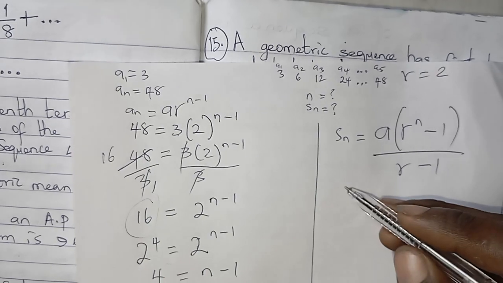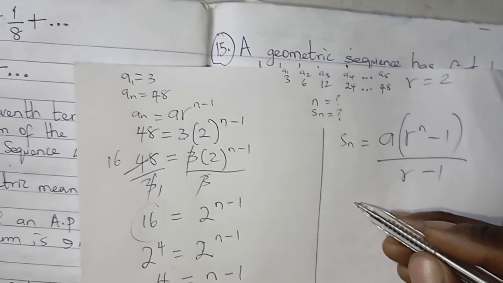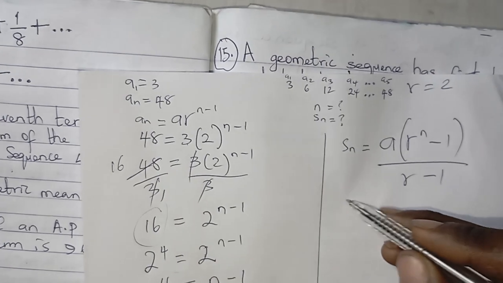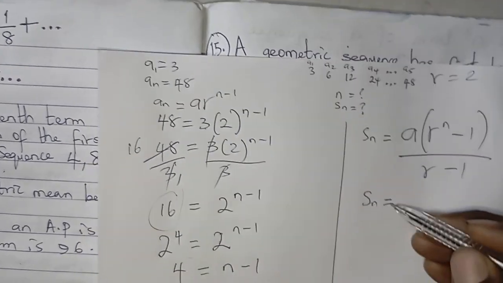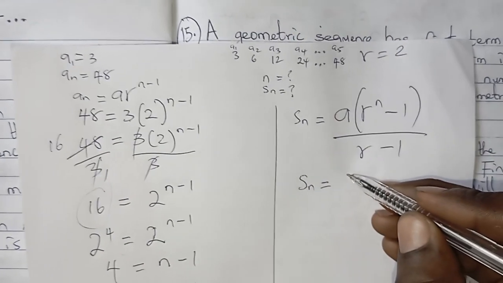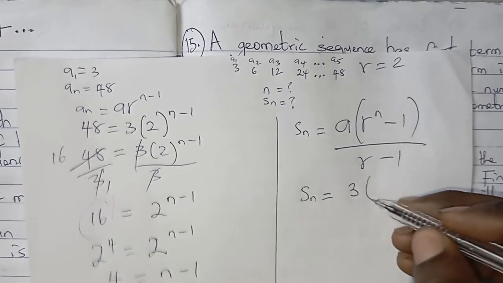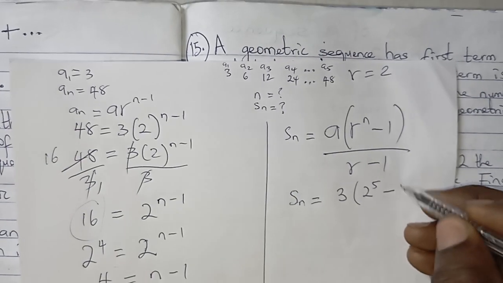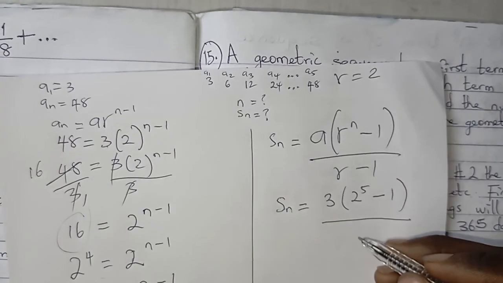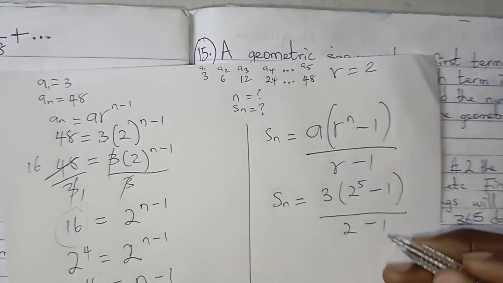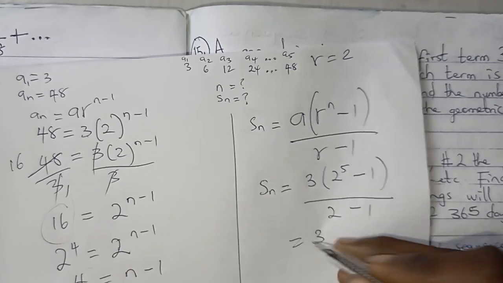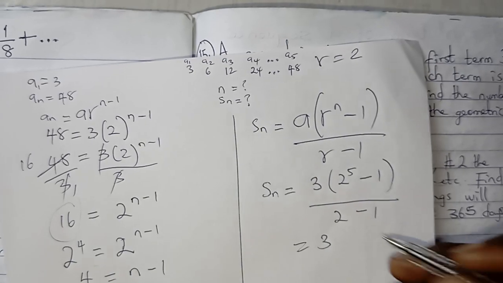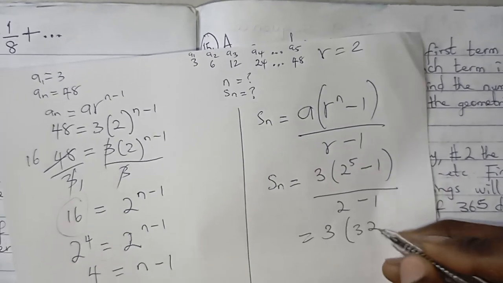Remember, we don't know the sum of the terms, so we'll just do Sn equals 3 into 2 raised to the power 5 minus 1 over 2 minus 1. So 2, 4, 8, 16, 32. 32 minus 1,